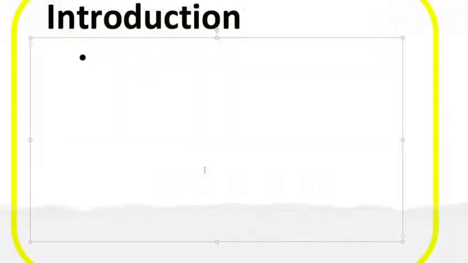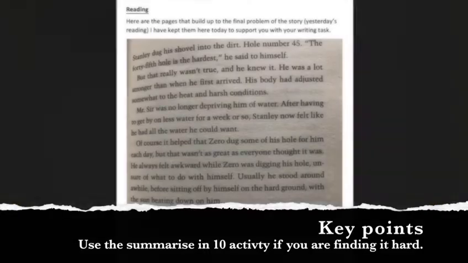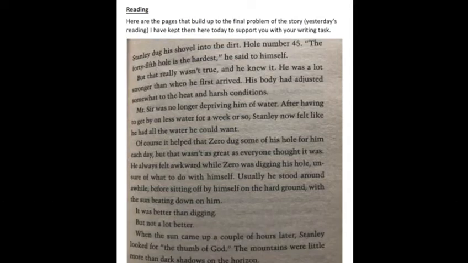So, let's have a think about the introduction. I'm doing the introduction because we're all working on the same introduction, so this should apply to everyone. For your introduction, you need to use the pages that I gave you yesterday, so that's where your key points are coming from. Then the rest of the story is yours to do what you want with. So from those pages, I would say that there are 4 key points, which seems like quite a small amount given the number of pages you had to read.